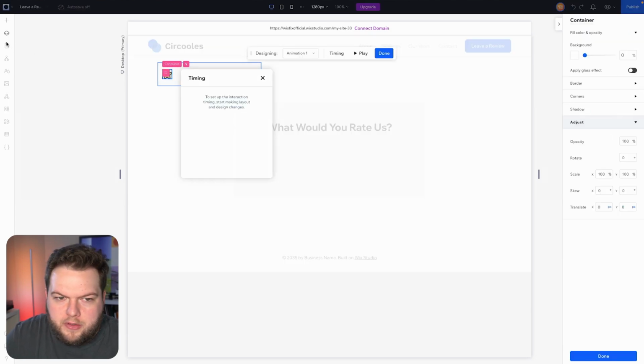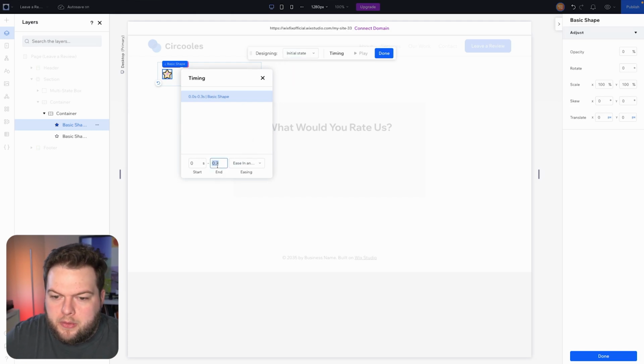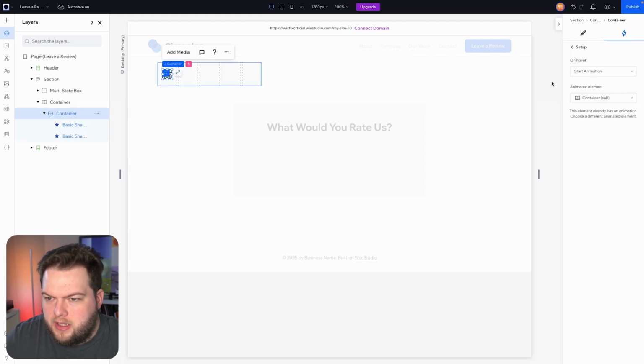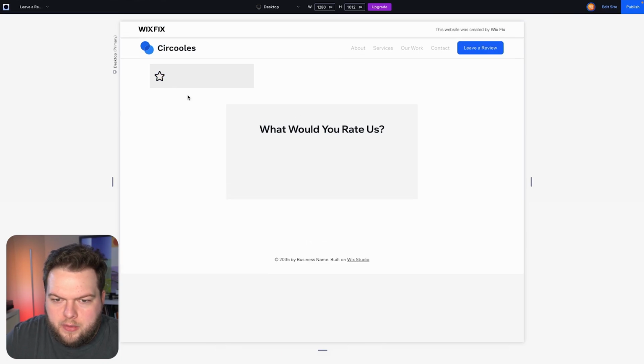And all we want to do is grab the star shape that currently has an opacity of 0, and we want to set this to 100. And just for ease, we're going to set the animation timing for both the initial state and the animation state to 0. So basically what that just did is, if I go ahead and preview really quickly,